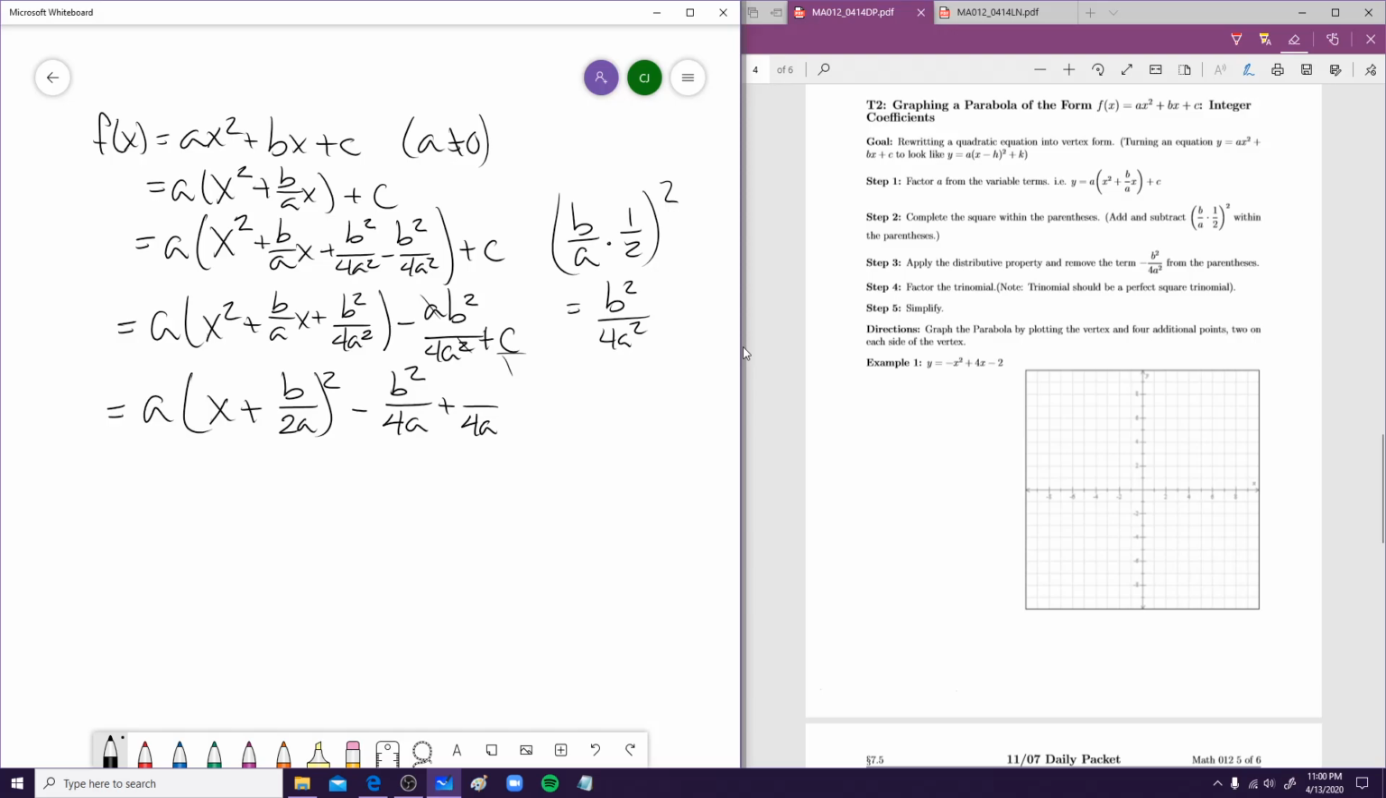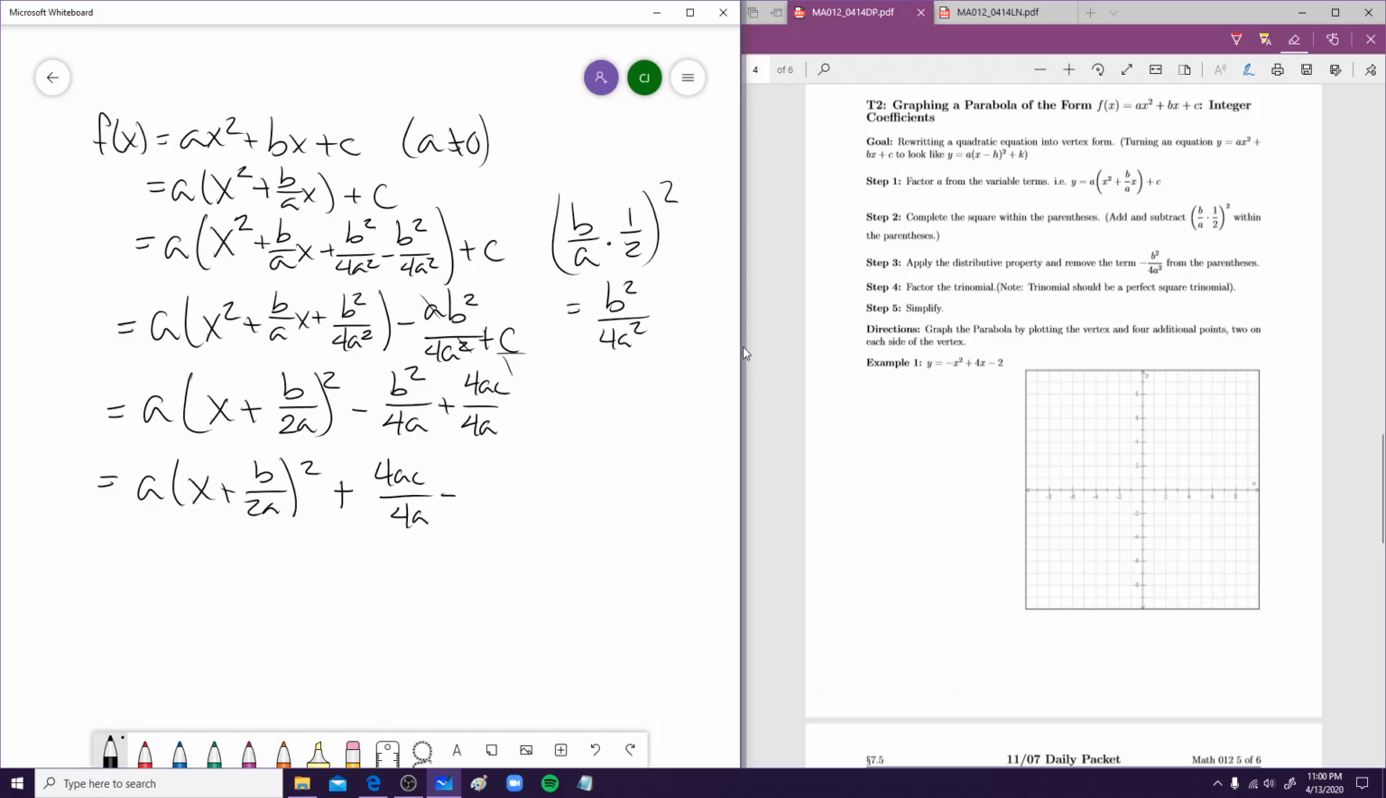We're going to have to multiply the top and bottom, the c times 4a over 4a. So this is going to be 4ac. So this is a times x plus b over 2a quantity squared minus... okay, let me add some steps. So this is going to be 4ac over